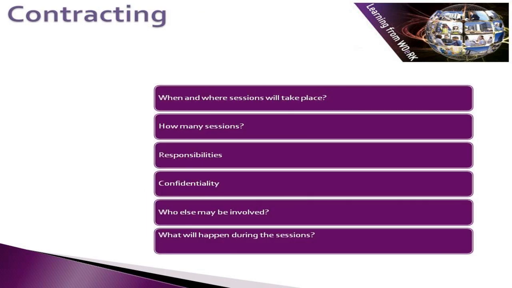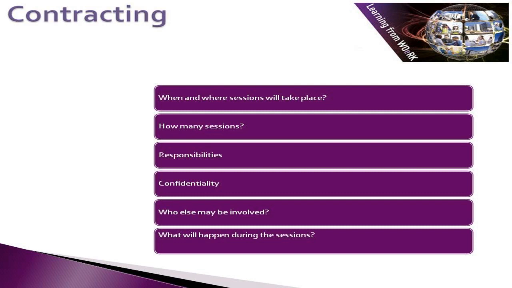Now we want to think about contracting. What things will you want to consider in contracting with your client? Well, first of all, you may want to think about how formal you want the contracting to be. A very formal, perhaps even written and signed contracting process is sometimes thought to be very important, as it is then part of a system and quality procedures and ensures that there's proof that both parties know what's going to